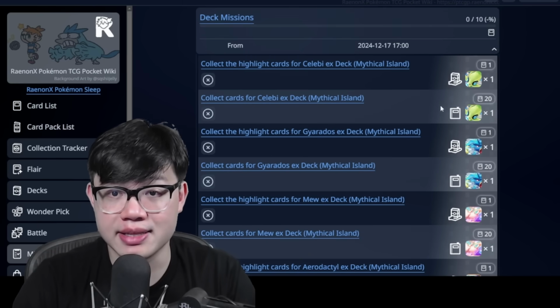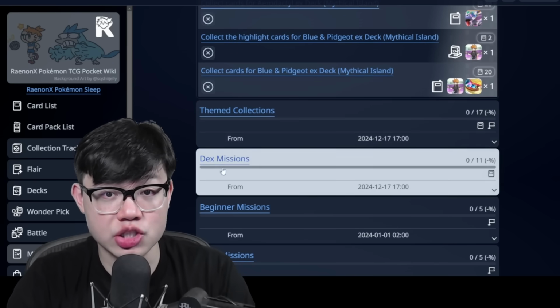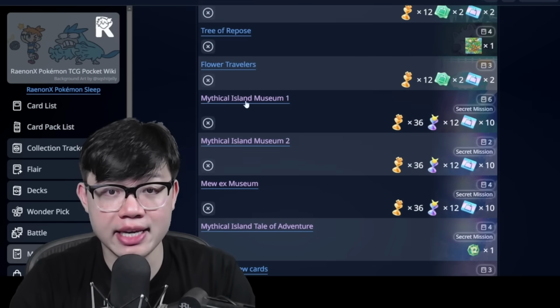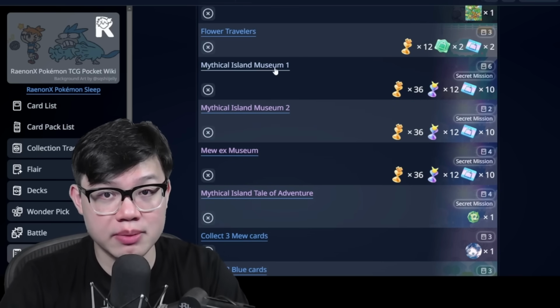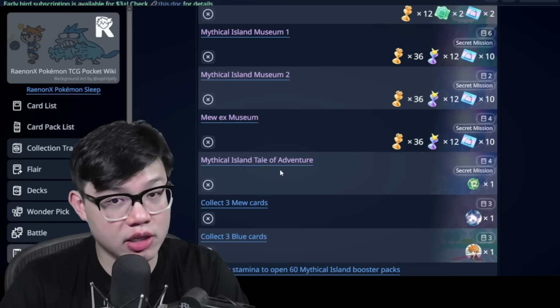The theme deck has this icon. What we're interested in regarding the secret missions are under themed collections or dex missions. So we can expand theme collections, and they're in purple. The 4 theme collection secret missions are Mythical Island Museum 1, 2, Mew EX Museum, Mythical Island Tale of Adventure,